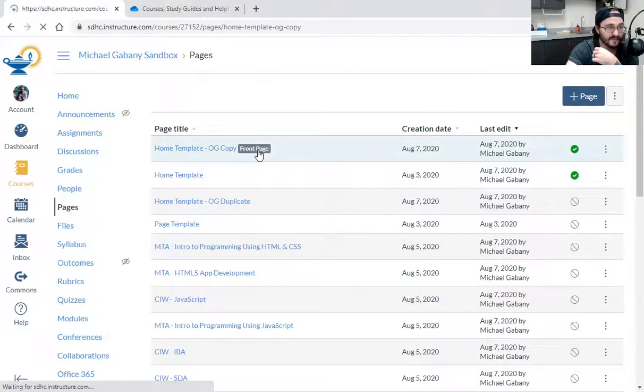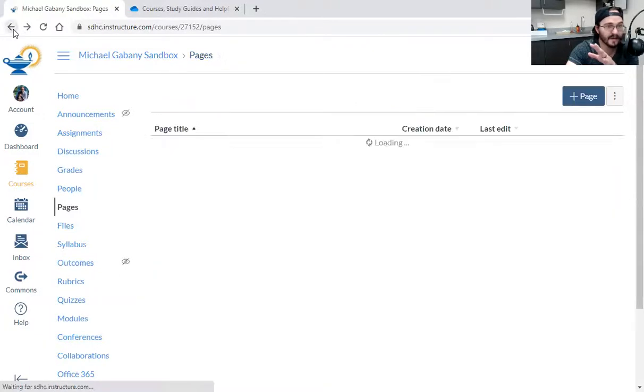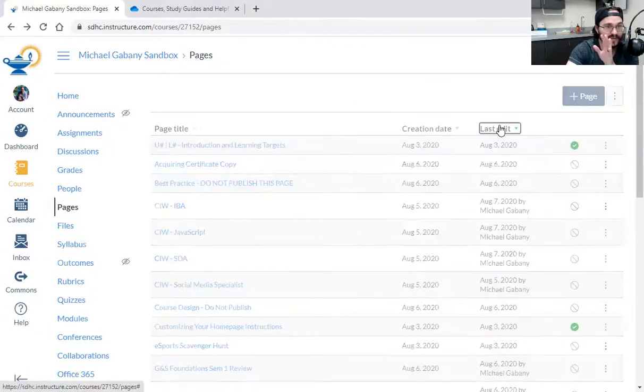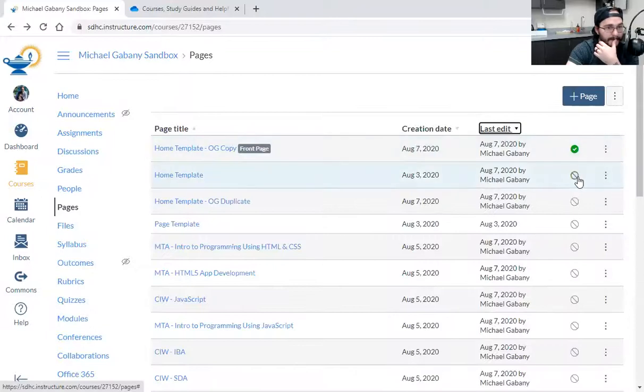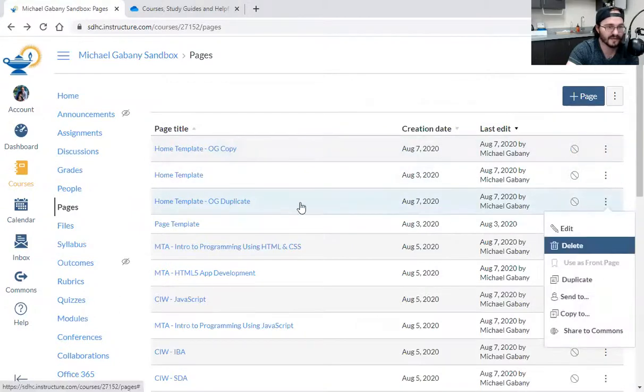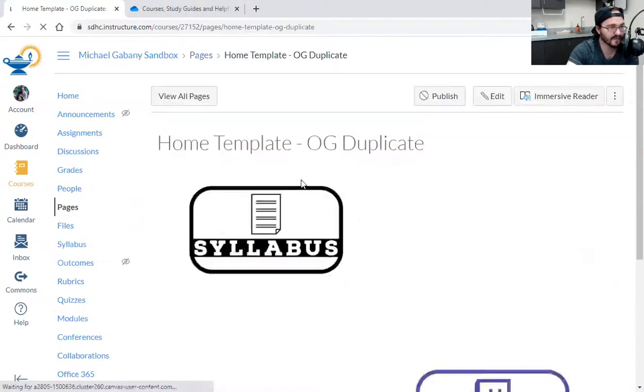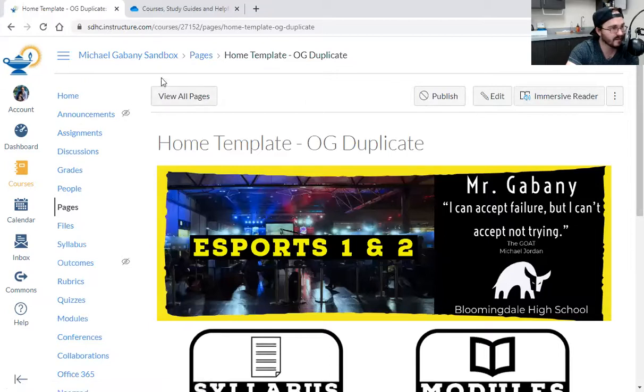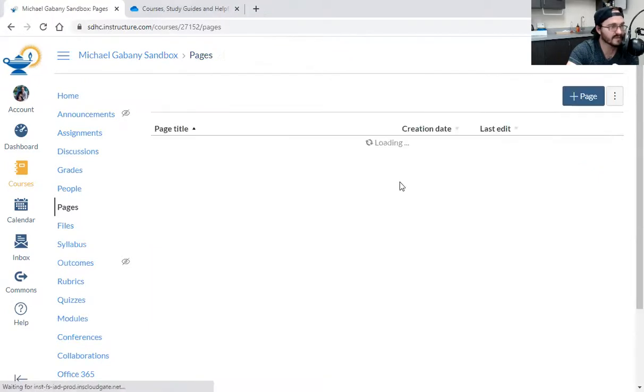See if that's my front page, and I don't want that one as my front page. I'm like, oh man, I messed up. Don't do that. Please don't do that. Right? Let's unpublish those. You have to remove his front page using the 3 dots. Then you unpublish it. Then you can click on something, hopefully, when it finally loads.